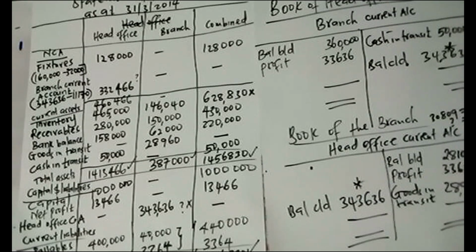When I talk about closing rate, I say that it's the rate which was prevailing on the date when the statement of financial position was to be prepared. Then the historical rate is the rate which was prevailing on the date when the foreign subsidiary was acquired. So we can make some short notes, then we call it a day.